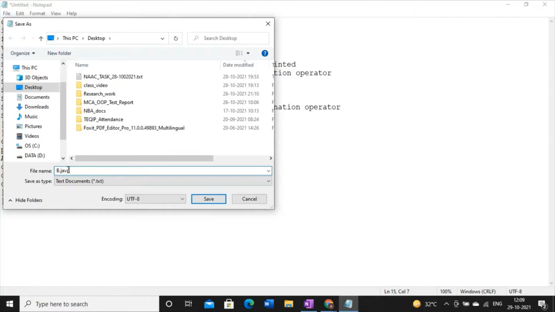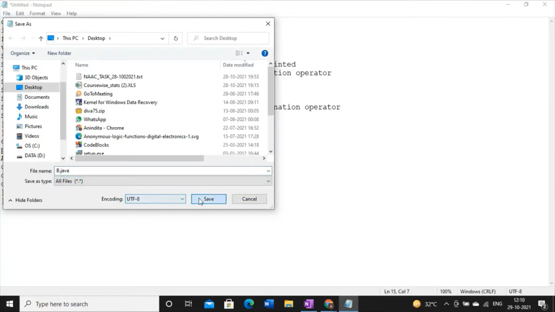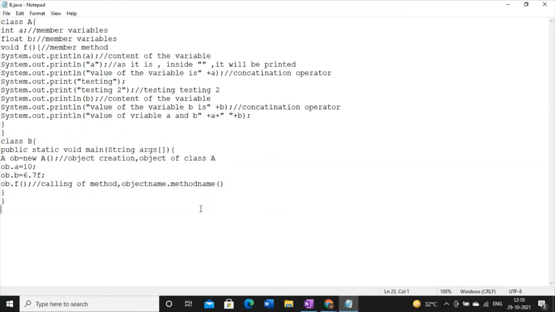Why this rule? I will explain this one, we have a long theory. So the name of the file will be the same as the main class name. And then while saving, you just select all files. It is saved, right?